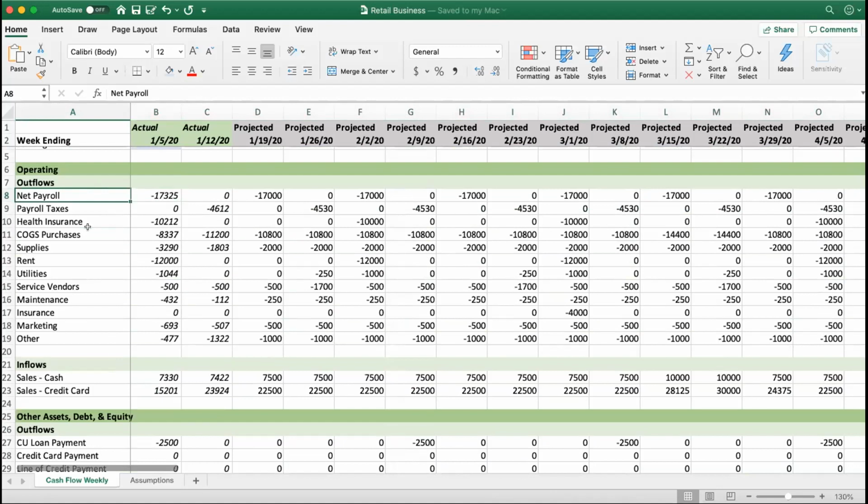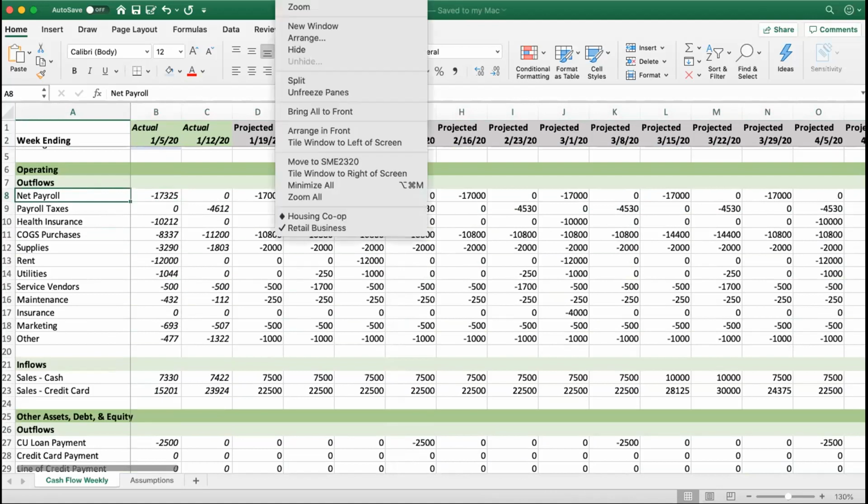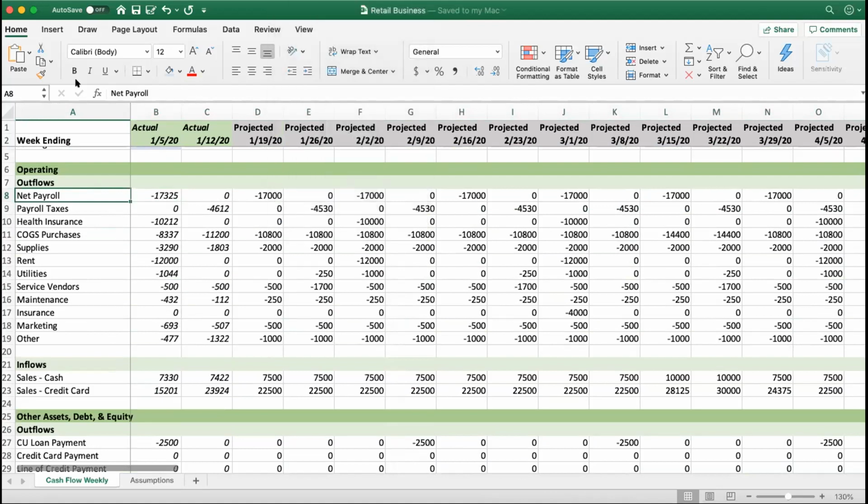What I would say is when you're building this kind of tool, start with the P&L for the business. So for instance, I did not have time to finish more than one example, but I did start one for a housing co-op as well. And so obviously the inflows and outflows are going to look very different. The outflows are more like the lease payment, if you're leasing a co-op, or food purchases if part of the housing co-op's services to their members include shared meals, those kinds of things.